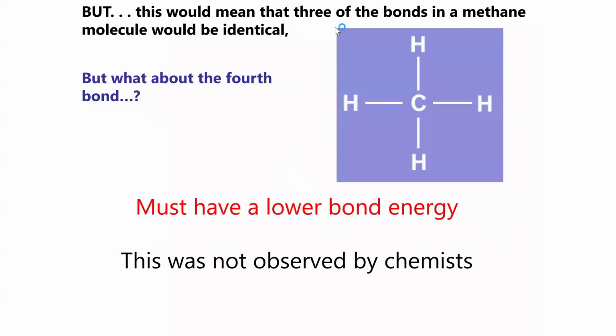But this would mean that the three bonds in a methane molecule would be identical, but what about the fourth bond? It must have a lower bond energy, and this was not observed by chemists. So what we are saying here is, since we have 3